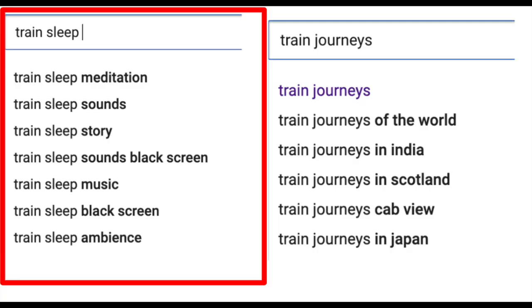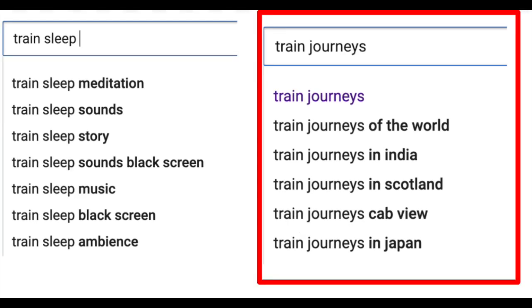And so going back to the train example, I would be trying to figure out different audience profiles and figure out what type of viewer am I going after? Are these people who watch train videos for ambiance, they have it on for relaxation? Are these people who actually like traveling and riding in trains? And then in that case, I need to give them travel advice.